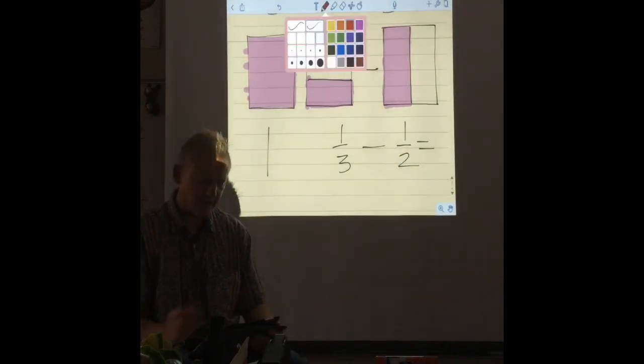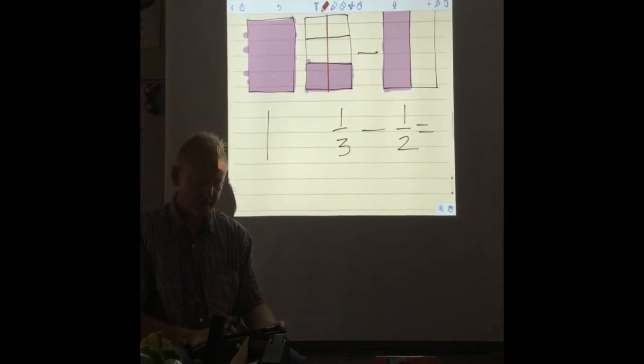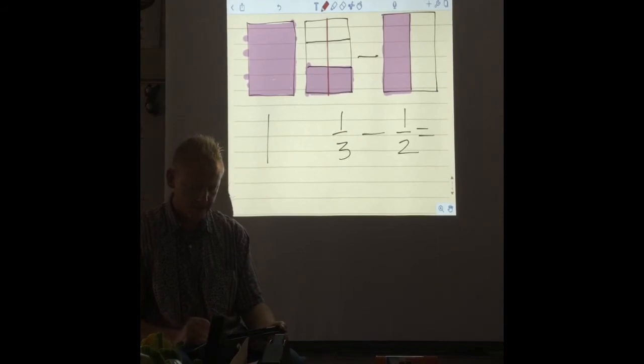I'll change my color so it might be easier for you to see. I'm going to take my half line and I'm going to run down here. Now this is going to turn it into what number? What's our bottom number? 6. Okay, nice. So I'm going to put a 6 here, and I'm going to put a 6 here,